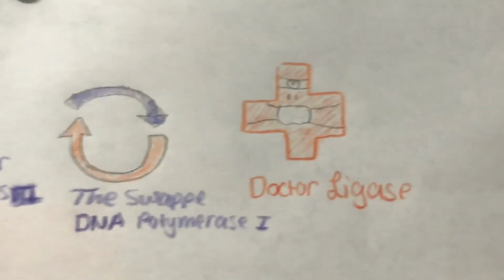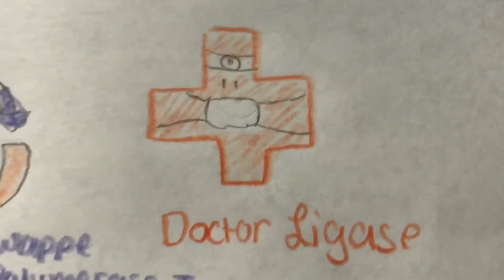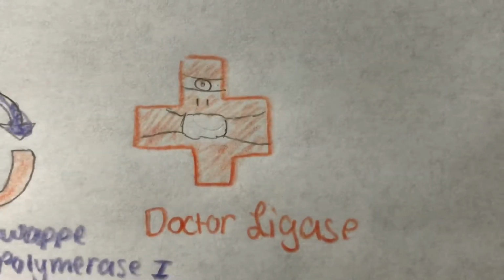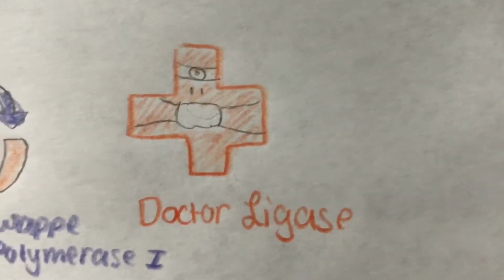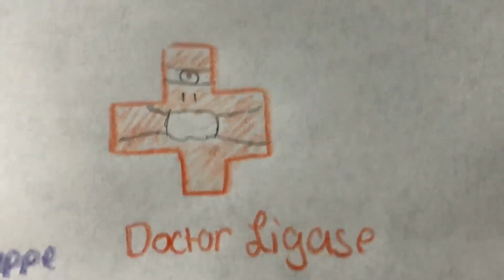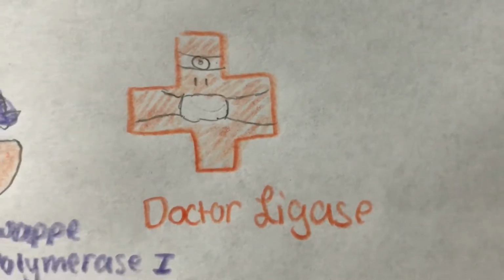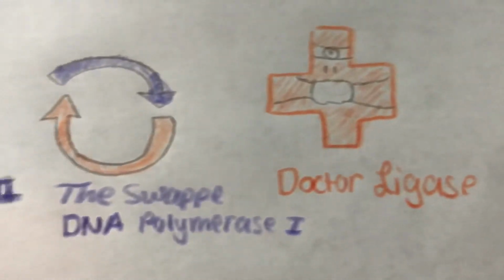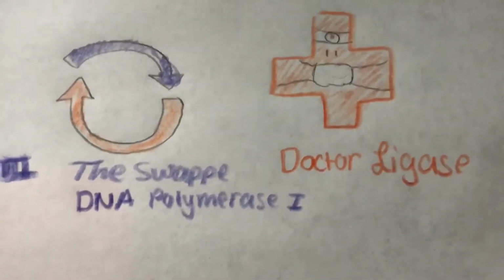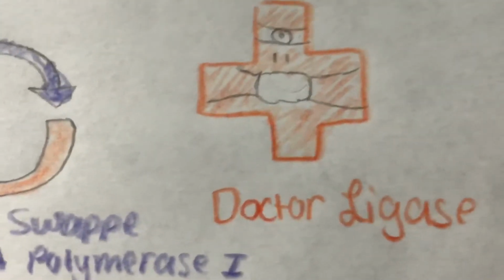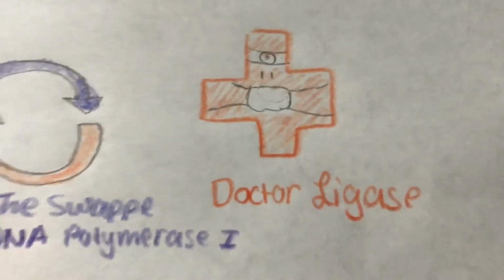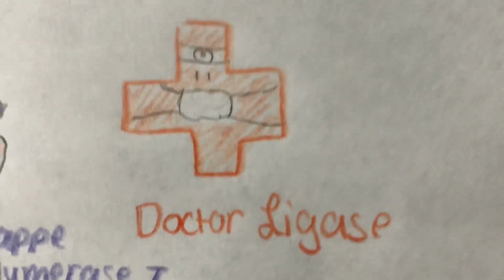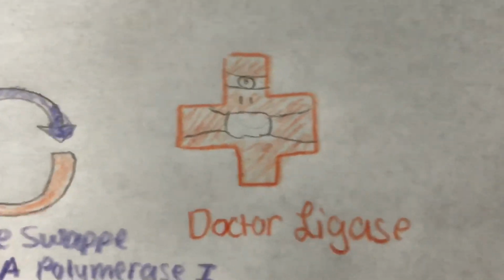And then last but not least, and the most important actually, is our Dr. Ligase. What Dr. Ligase does is he heals and makes sure there's no mistakes within our newly replicated DNA. And he patches up the holes between the Okazaki fragments that were caused by DNA polymerase when it was switching out the primers from primase. So Dr. Ligase is actually pretty important, as he acts like the Microsoft Word for DNA, as he prevents any mistakes